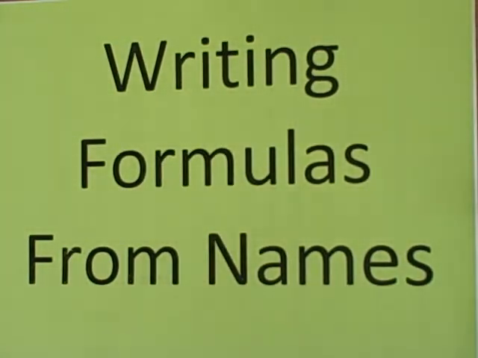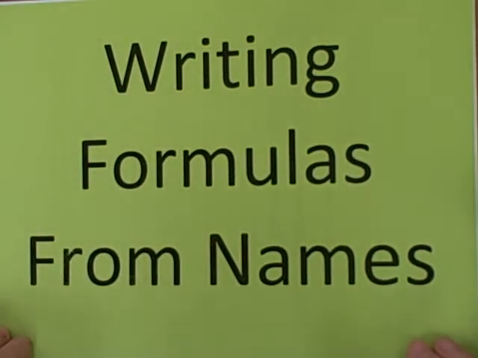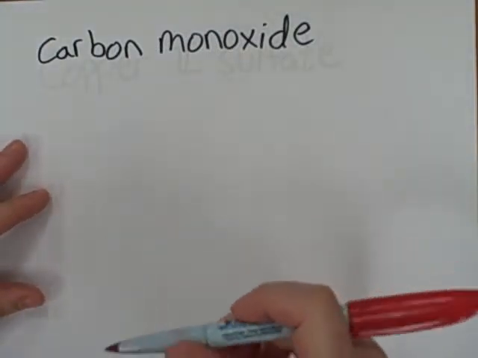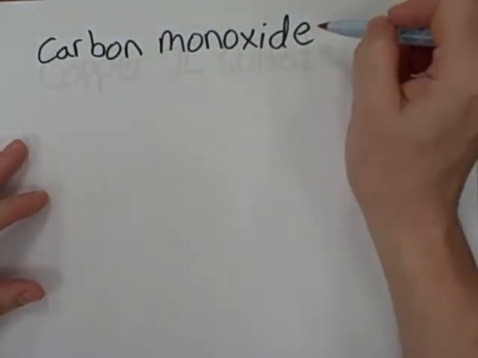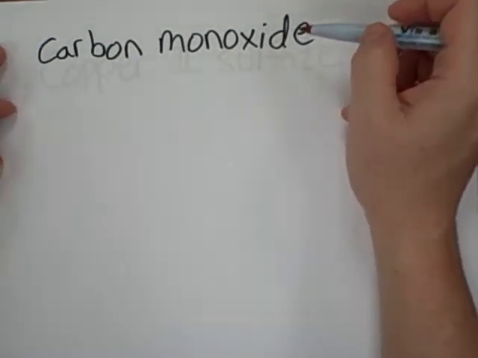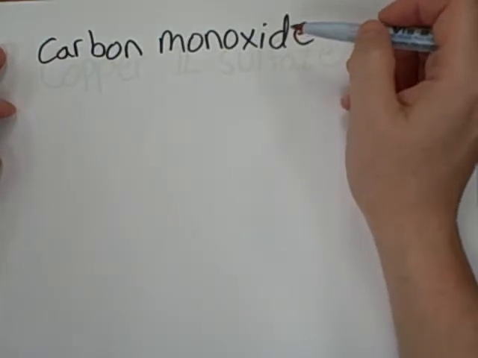This tutorial is on writing formulas of the compound from the name of the compound. Writing formulas of a compound from its name is the first step in writing chemical reaction equations. First thing you need to do is to decide whether the name is going to be an ionic compound or